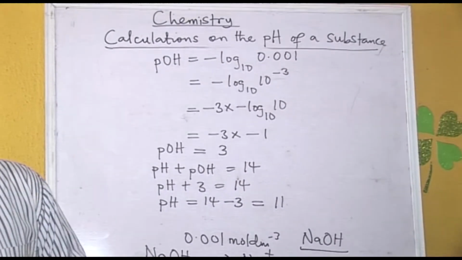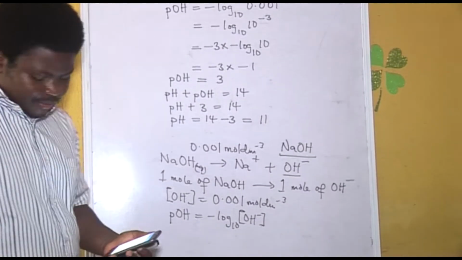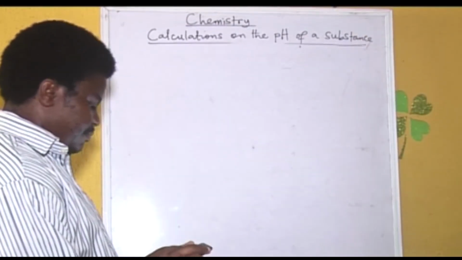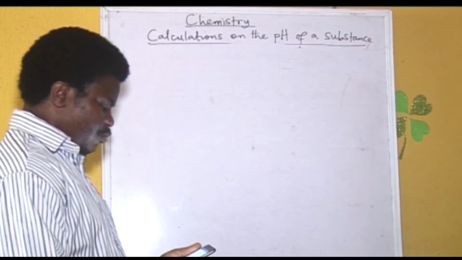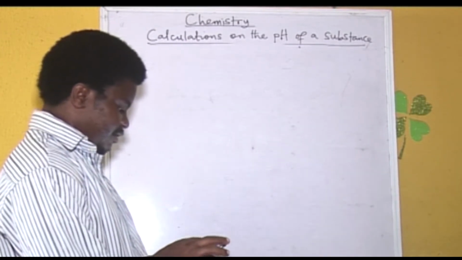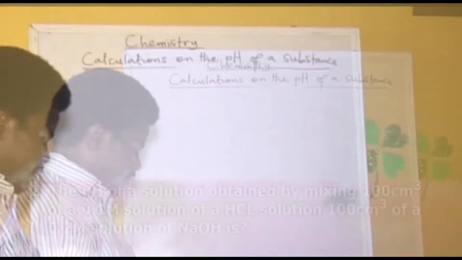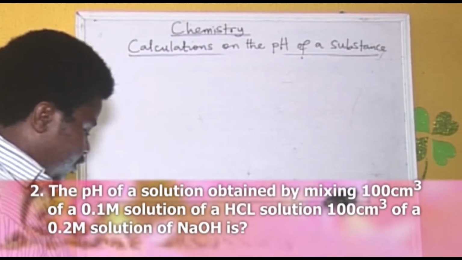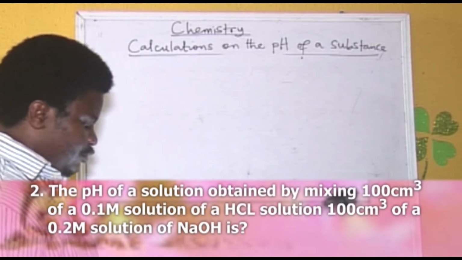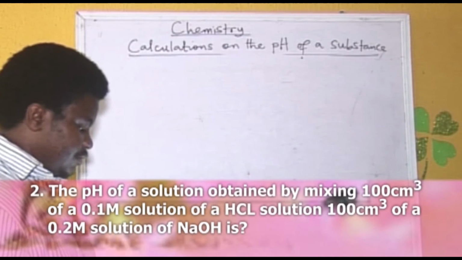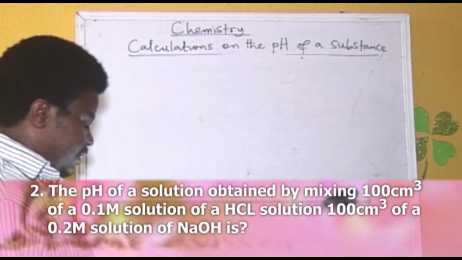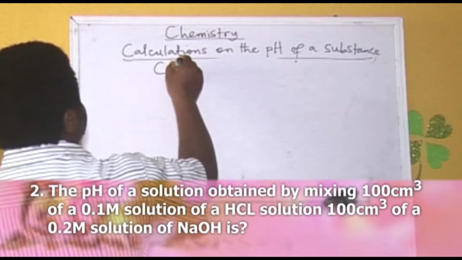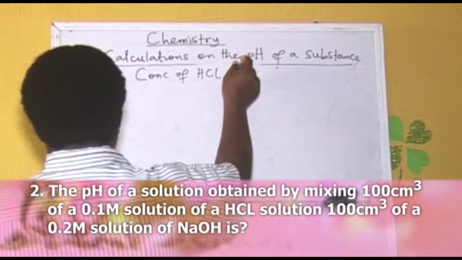We can take another example, and I hope you are getting this as we are going. This other example is rather a long one, but we just have to solve it. And the question is, the pH of a solution obtained by mixing 100 cm cube of 0.1 molar solution of HCl with 100 cm cube of a 0.2 molar NaOH solution. The concentration of the acid, the conc of HCl, is